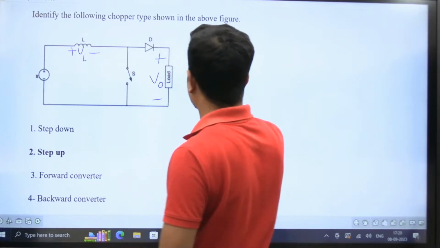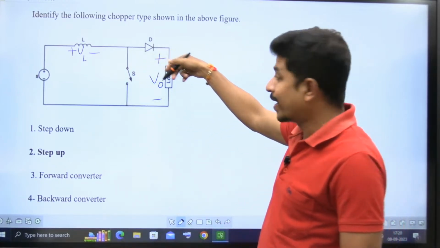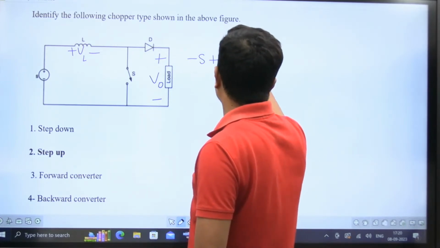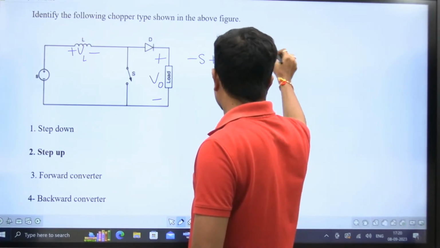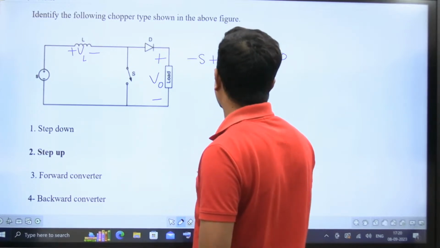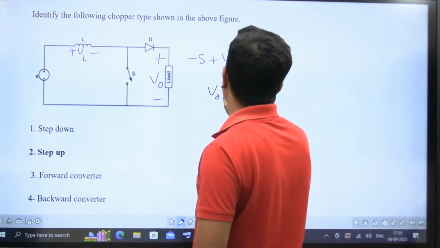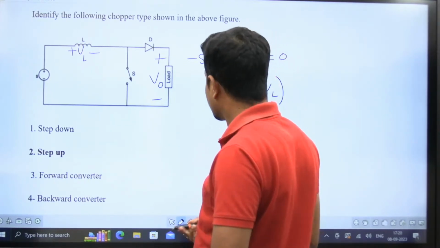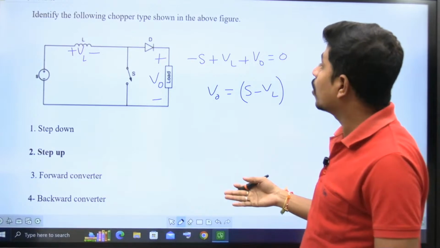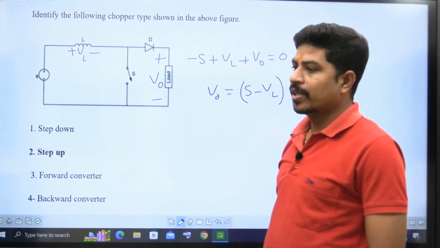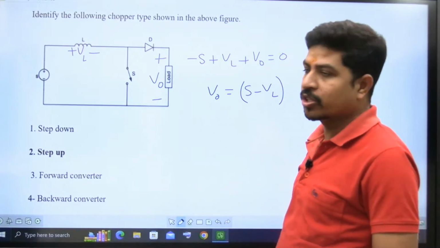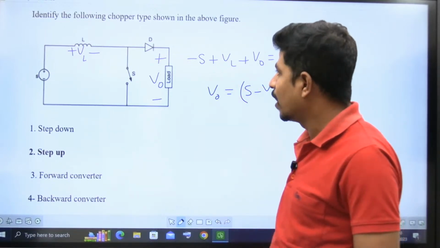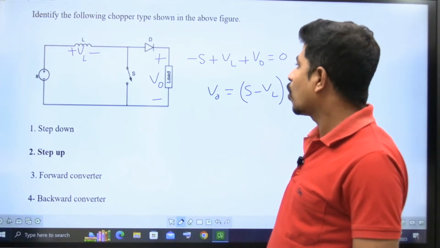If I write KVL for this loop, now the switch is in open position, please do understand. That is minus Vs plus VL plus V0 is equal to 0. Now what is V0? V0 is equal to Vs minus VL. Now if you see, when the switch is in open position, the output voltage V0 is equal to Vs minus VL. But if I close the switch,